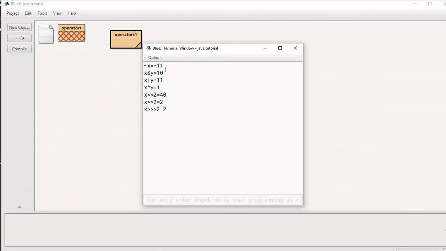You can see that the complement of x is minus 11, x and y is 10, and x or y is 11. We have already computed these. Then x left shift is 40, x right shift is 2, and right shift filled with 0 is also 2, because both values are the same since we are not using negative values here.